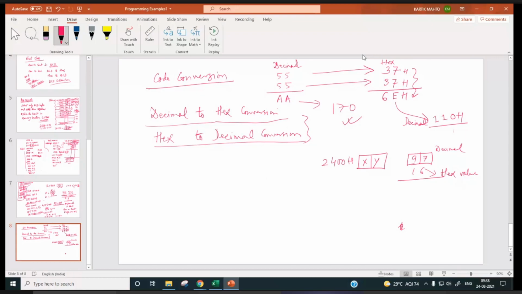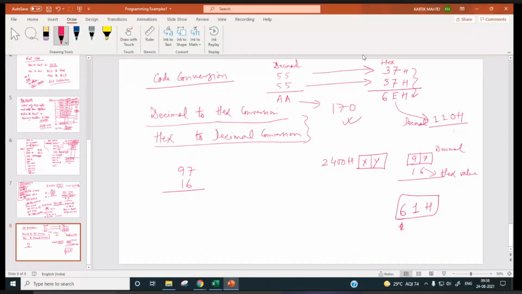In fact, 6 times we can subtract 16 from 97, and then remainder will be 1. So this will be 61H, right?